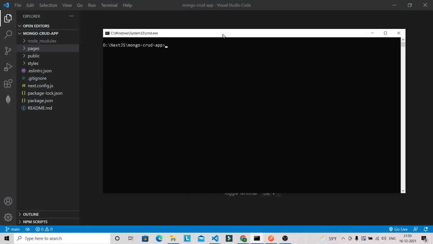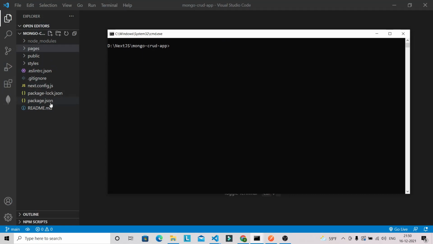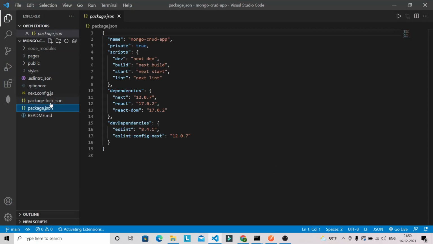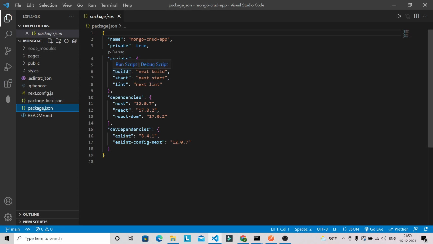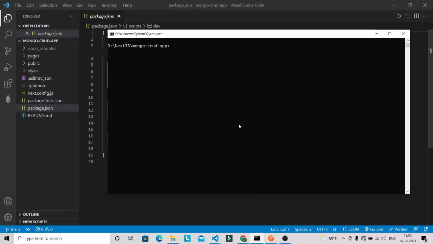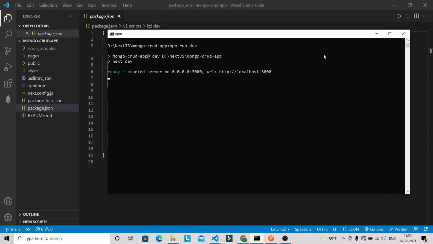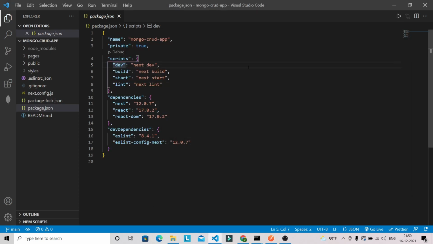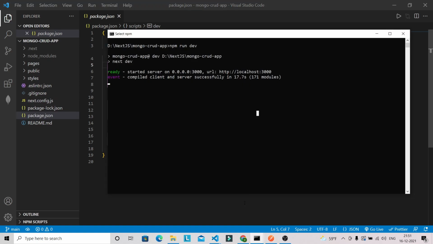and here, in order to run Next.js, you can also go to the package.json file and check the command. So we have to run the command npm run dev. Okay, so let's do that one, npm run dev. So our server is started on localhost 3000, and I will give you a brief overview of Next.js as well, okay, before we start working on our application. And we can verify this one in the browser as well. So let's go into the browser.